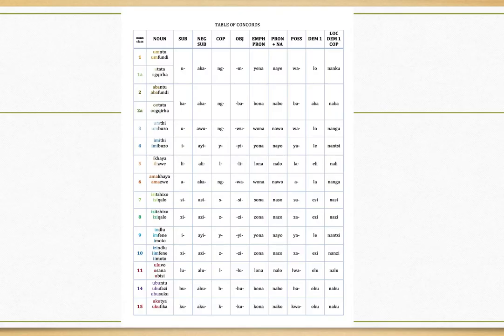I don't believe that it is necessary to learn how the noun classes work from complicated tables such as these. I put this table together and it helps me as a form of reference, but you do not need to learn either the number of the noun class or all the different concords that belong to that noun class. I think it's much better to just delve into the language, into natural language, and get used to phrases and how these noun classes work in their context.